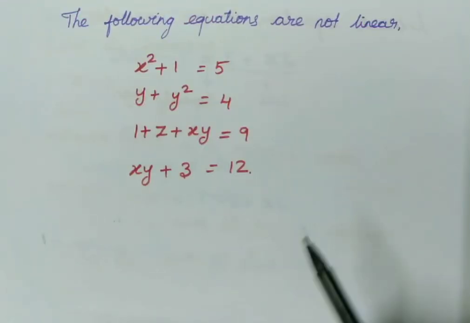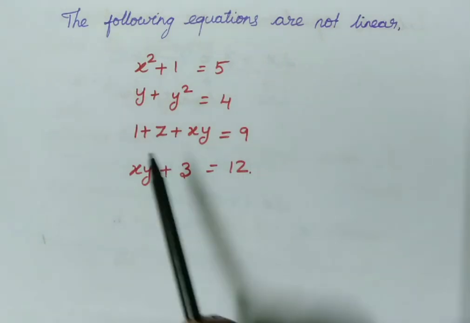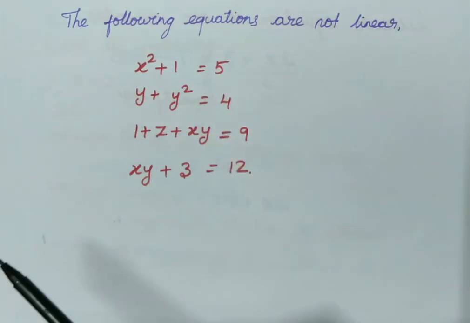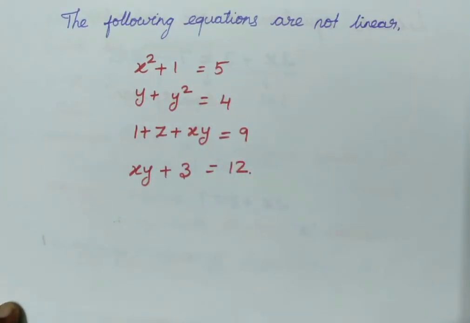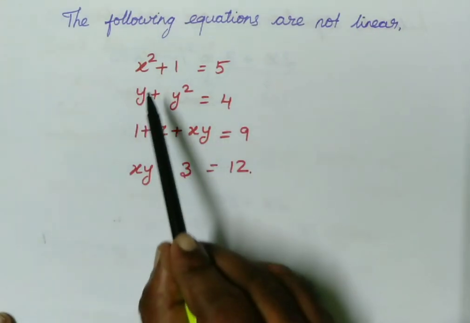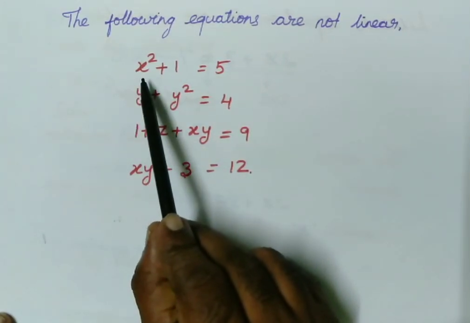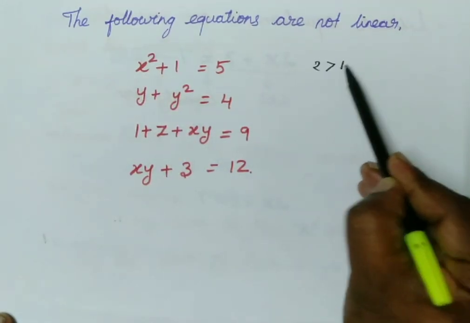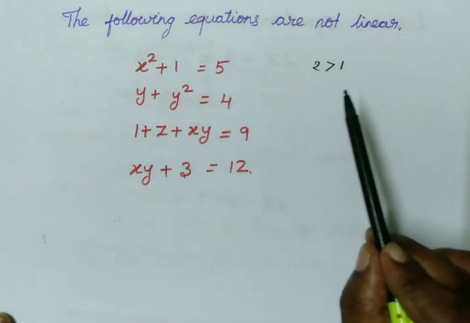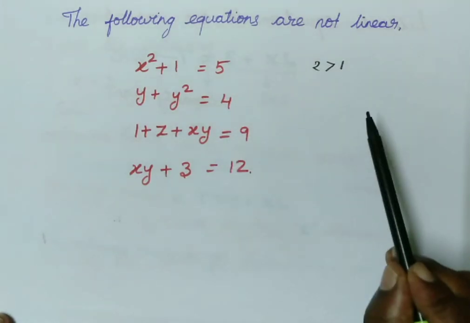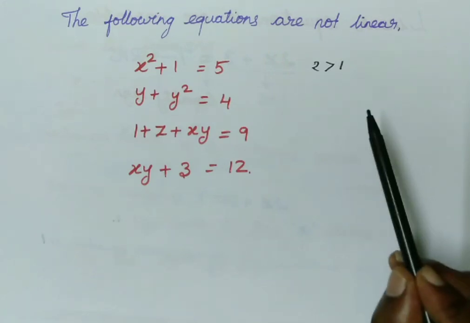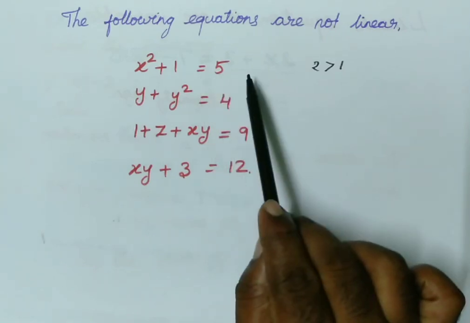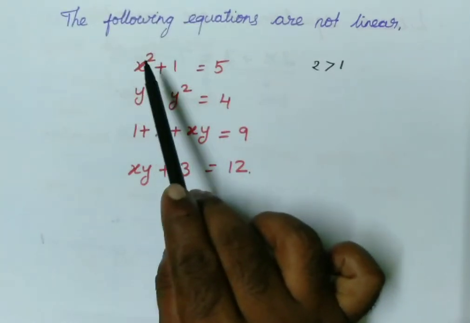Now let us see what equations are not linear. For example, let us consider this: x square plus 1 equals 5. This is not a linear equation because what is the degree of this x? The power of x is 2, which is greater than 1. So when the power is greater than 1, it will not be considered as linear. So x square plus 1 equals 5 is not a linear equation because the highest power of x is